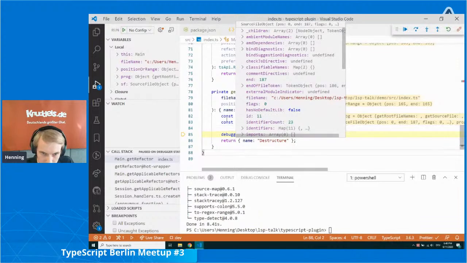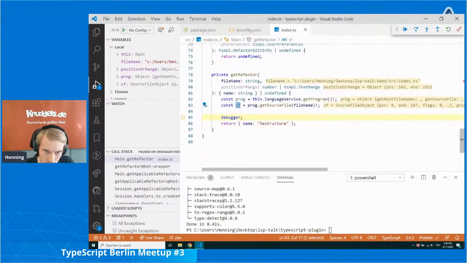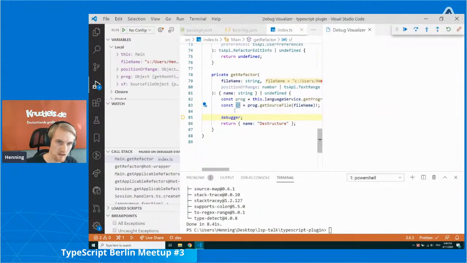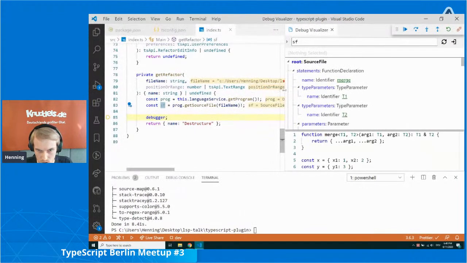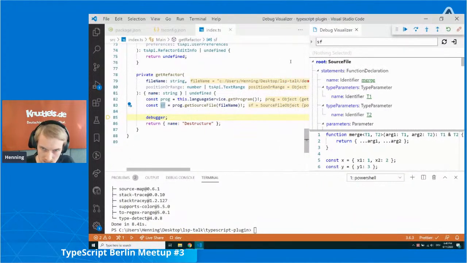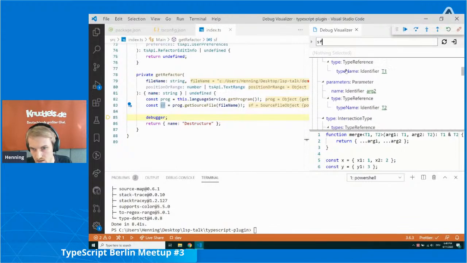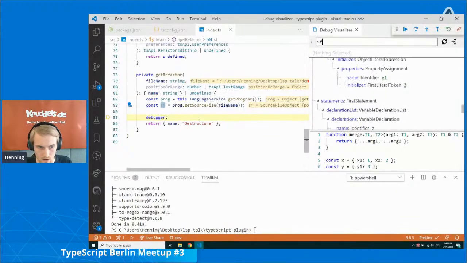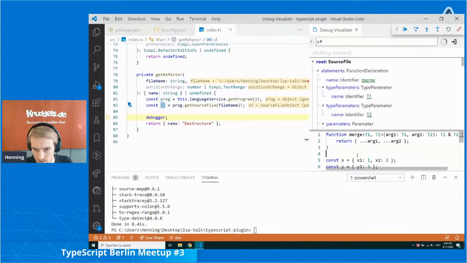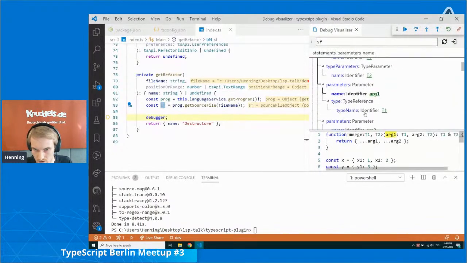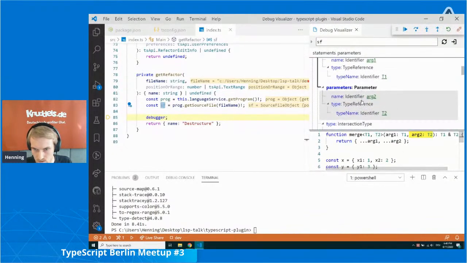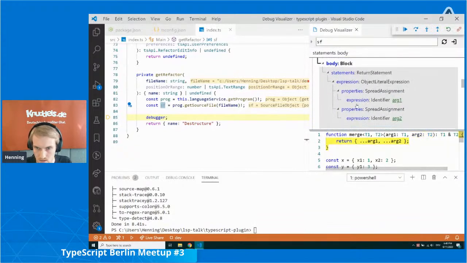So now I have my source file here, and I want to visualize this abstract syntax tree. For this, I implemented an extension for Visual Studio Code that can visualize arbitrary stuff, but it has a special case for TypeScript syntax trees. Now here you can see the entire syntax tree of SF. And here's the source. If you click on a node, then it will highlight this node in the source. This makes it really easy to